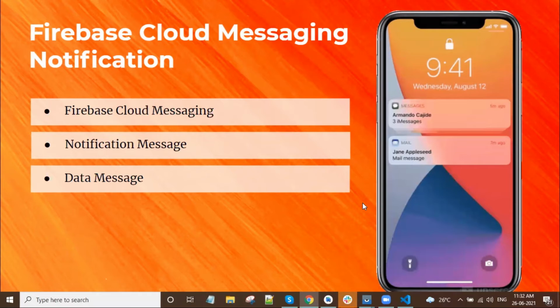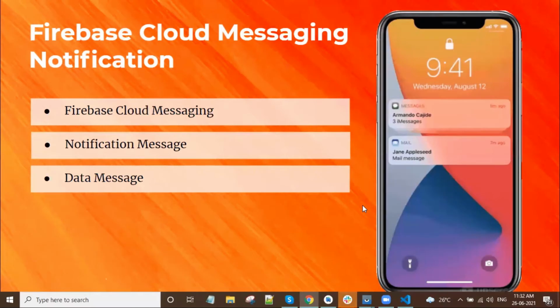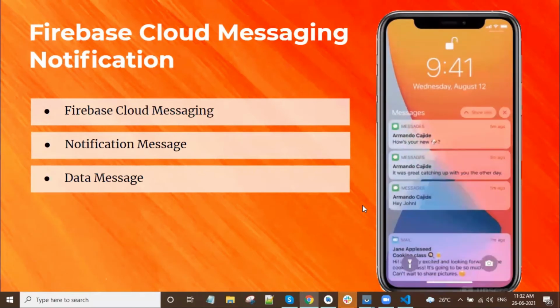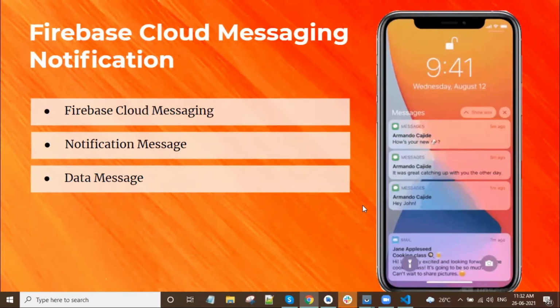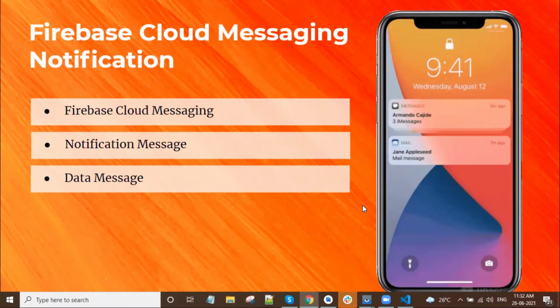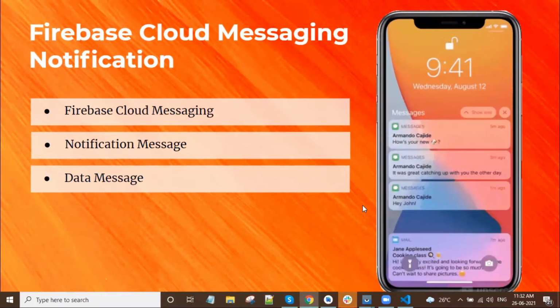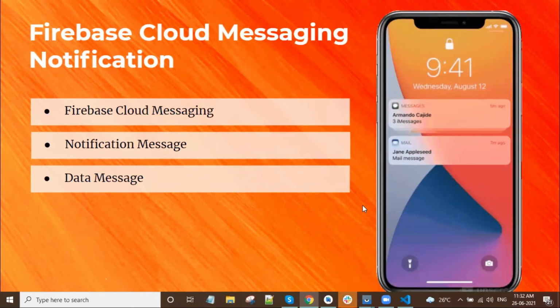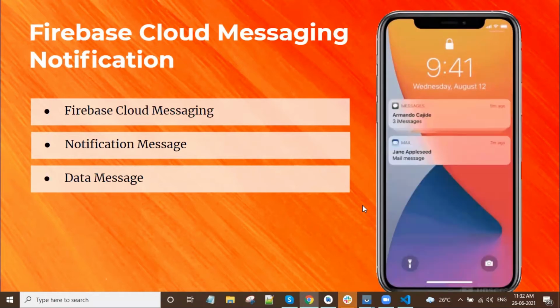So in short, in notification messages we can't set any conditions, and we don't need to write any code. But in data messages we can set conditions, and we can add code, so that when all the conditions are satisfied, only then we send the notification. So this is the overview of Firebase Cloud Messaging. In detail, how we write functions and all, we will see in our Firebase Messenger app.